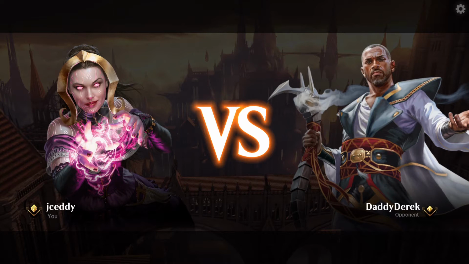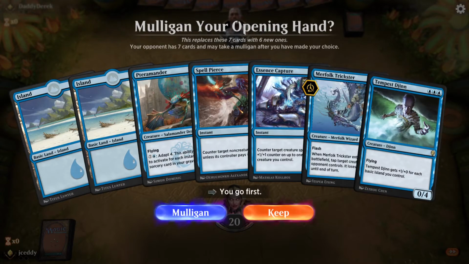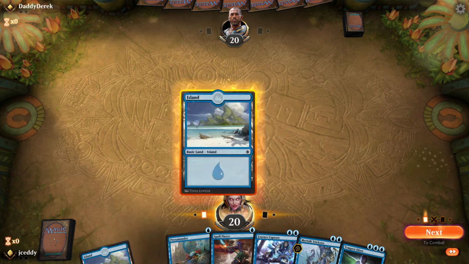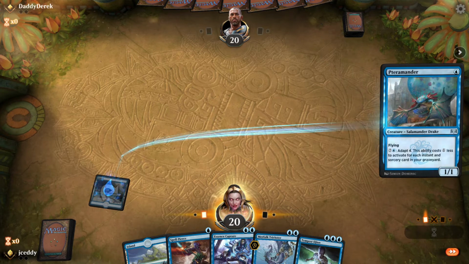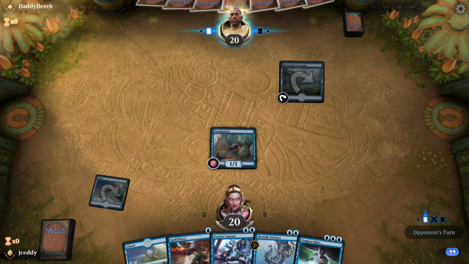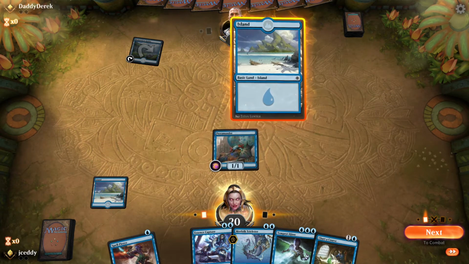So this deck is a little tricky to play well, and I'm not the best at it, but hopefully I'll get some good... Well, I'm going to keep this because I have a couple islands and some 1 and 2 drops. And I can protect the Pteramander if it doesn't die on this first turn. I really wish I had the Curious Obsession, but I don't really feel like mulliganing to try to get it